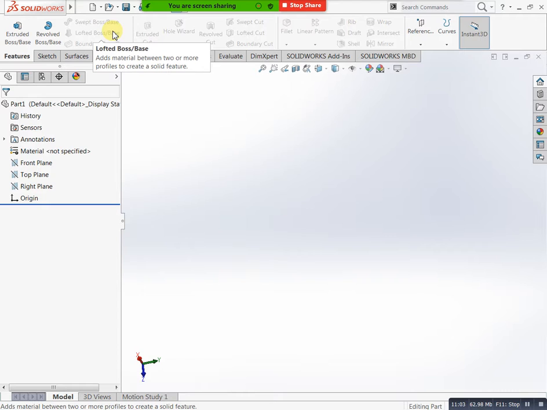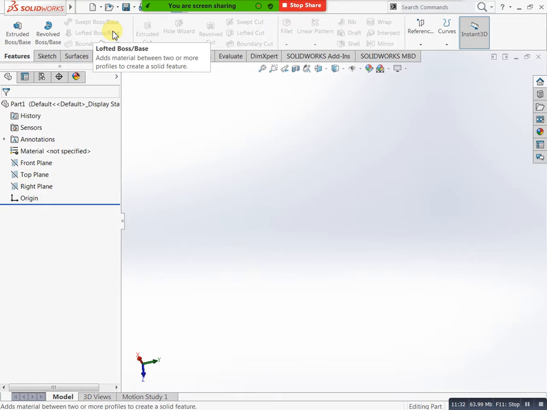For example, I need to create one flower vase plastic model. That condition you can go with this one. For example, I need to create one supporting part. The design is different. For plastic models you can use this loft boss or base mostly, but for iron material, normal solid condition, we are not using this one. When you go with a plastic model, that condition this is very useful, lofted boss or base.